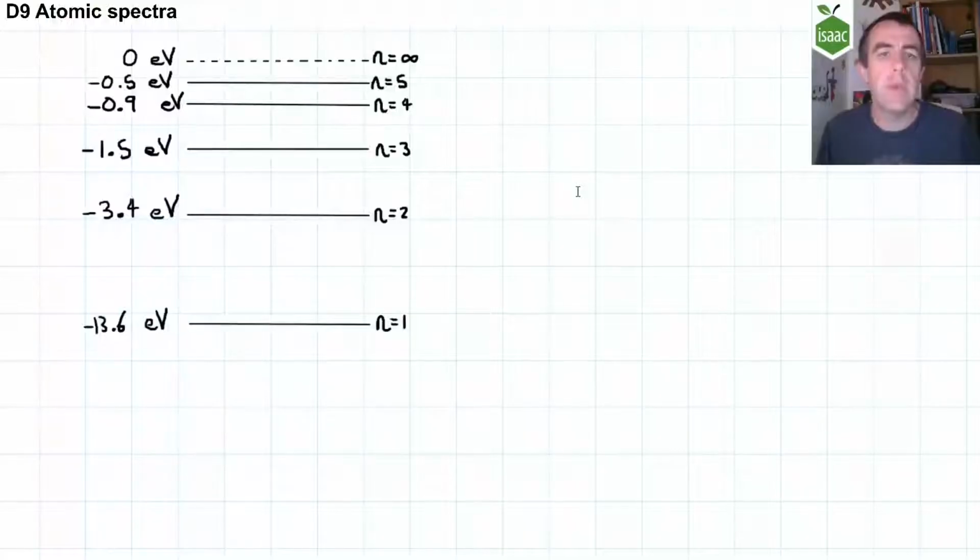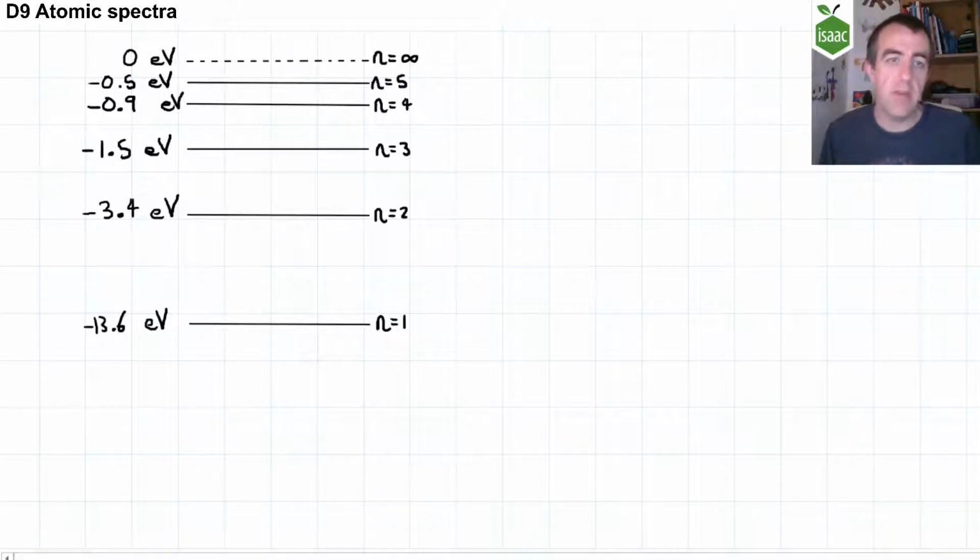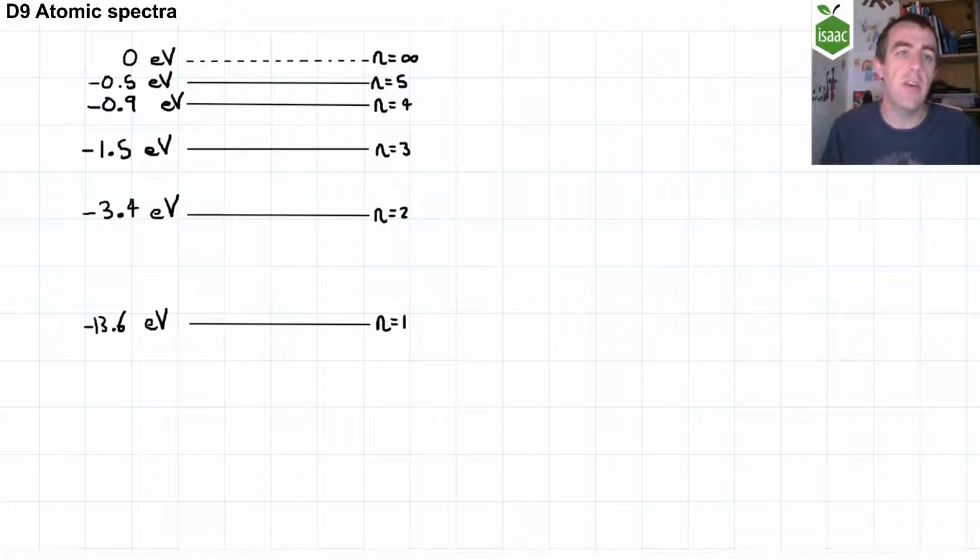This video is for D9 atomic spectra. This is an energy level diagram for an atom. In fact, this is approximately equal to the hydrogen energy diagram. A hydrogen atom has a single electron, and that electron can sit on any of these energy levels, but it